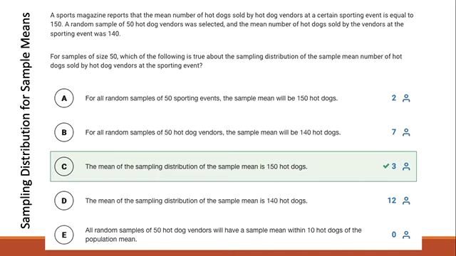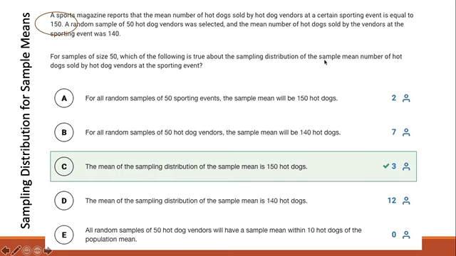So last question, I believe, about the distribution for a single sample mean. I think this question is a little bit on the tricky side because you have to believe when you read this that 150 is the truth. The question states, a sports magazine reports that the mean number of hot dogs sold by hot dog vendors at a certain sporting event is equal to 150. So we are believing that that 150 is the truth,